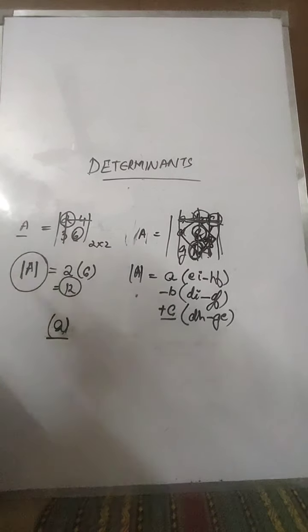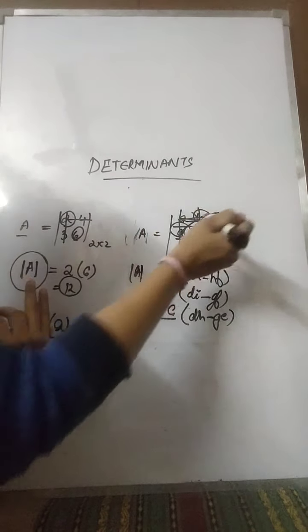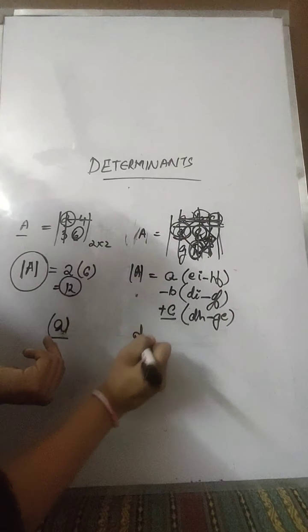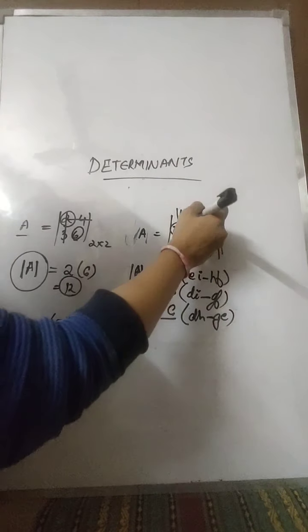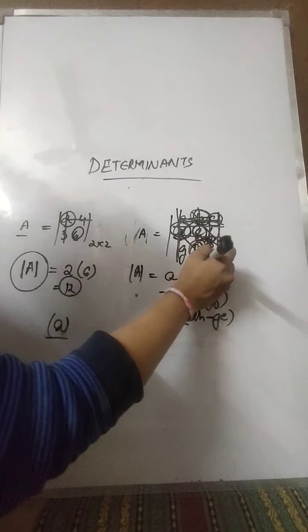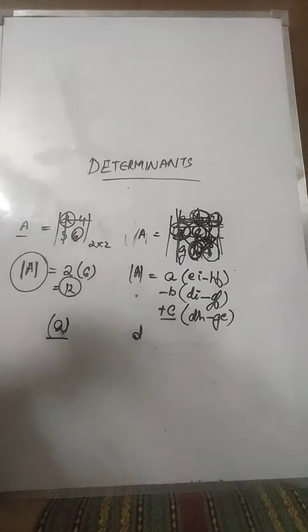Okay, so you will always be taking this if you are expanding, for example, with row 2. So with the D element, you write D, and then you eliminate its row and column. So you will be taking B multiplied by I minus H multiplied by C. Always remember the upper one and the lower one. I'll always suggest you to expand through rows only, not through columns, because it creates confusion whenever you are calculating with the help of columns. So just go with rows only.